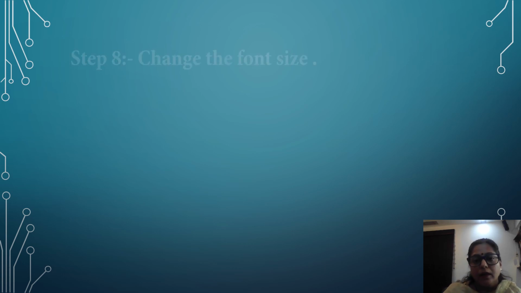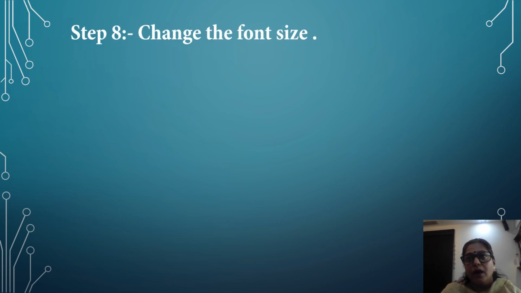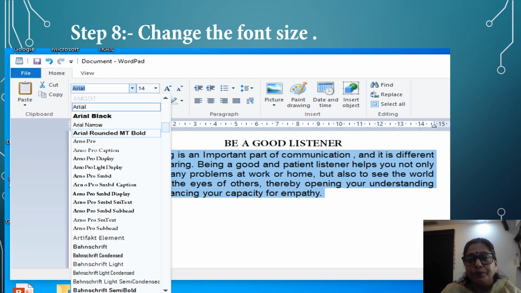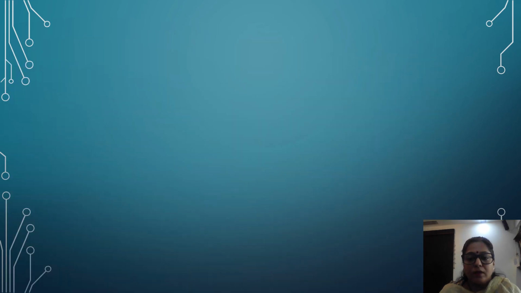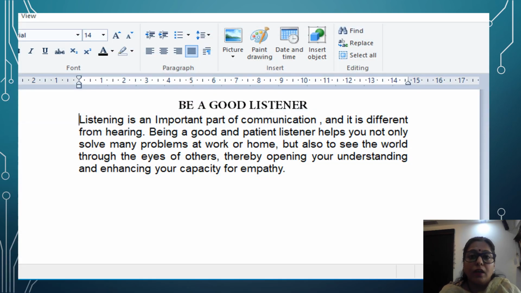Step 8. After completing step 7, we have to change the font Arial and size 14. See students, your paragraph will look like this. Understand?